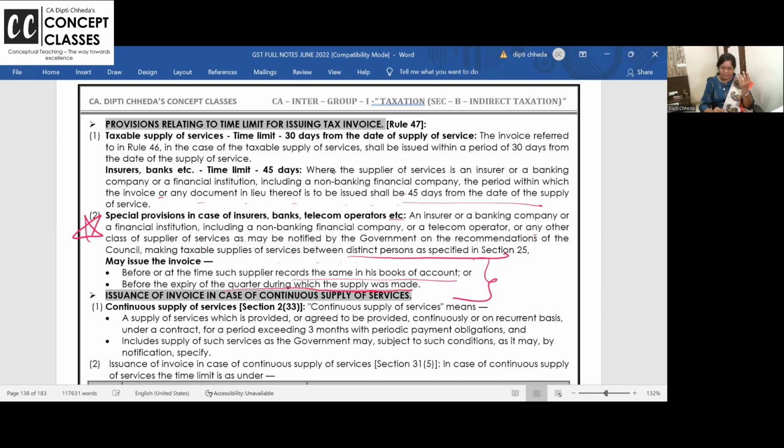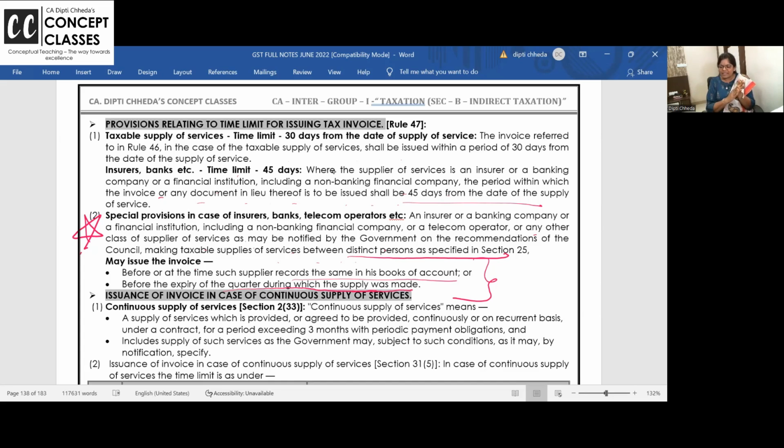This is the latest addition. First of all, what is distinct person is clear. With the same PAN card, can we have different branches in different states or within the same state? Yes. Within the same state also PAN is same, but for branches, can we have separate registration? Yes. They are called distinct entity. Can one branch supply the goods to another? Yes. Then shall they issue invoice between distinct entities if there are business transactions, stock transfers, anything?